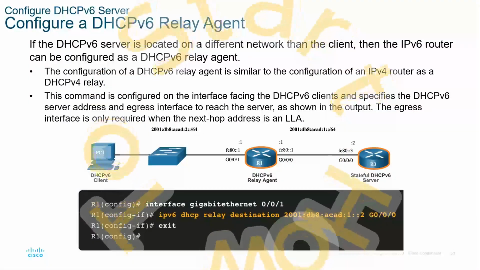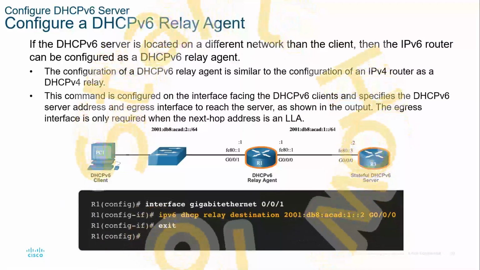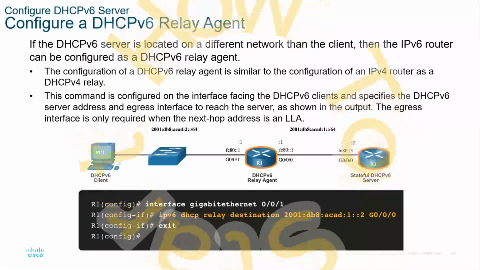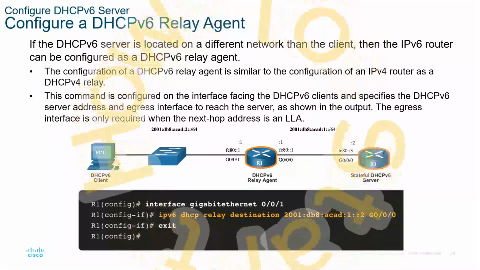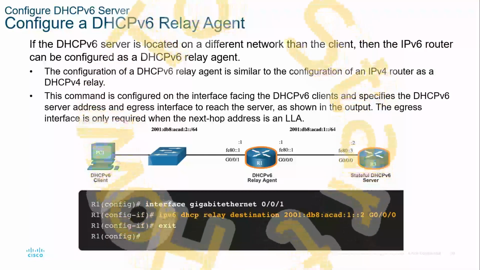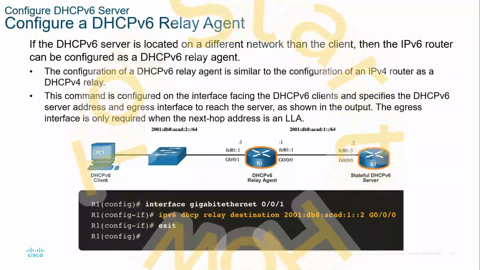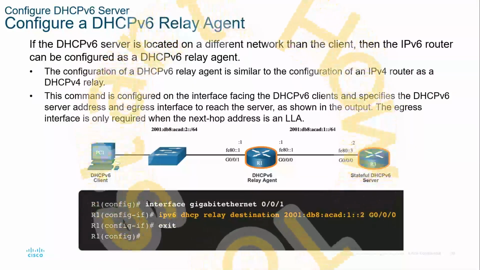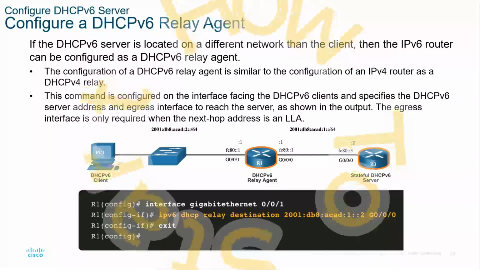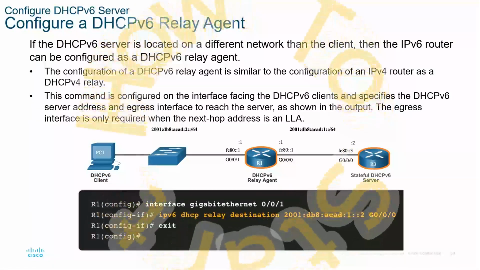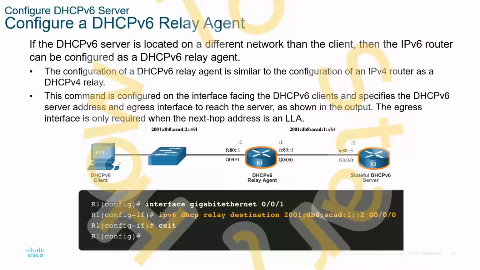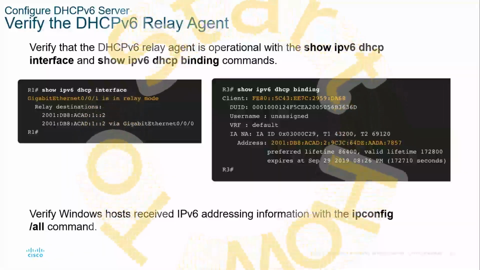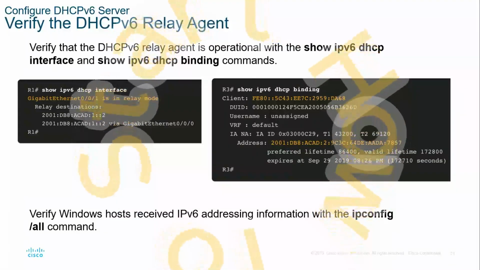Lastly, how do we set up a relay agent? Pretty similar to how we set up IPv4 relay agents with helper IPs. Here we go to whatever interface we want to be listening on, and we set up a DHCP relay destination, and you give it the next hop, and you also give it the exit interface. Here the next hop typically will be done via its global unicast address, not its link local address. How do we verify? Same thing, show ipv6 dhcp interface or show